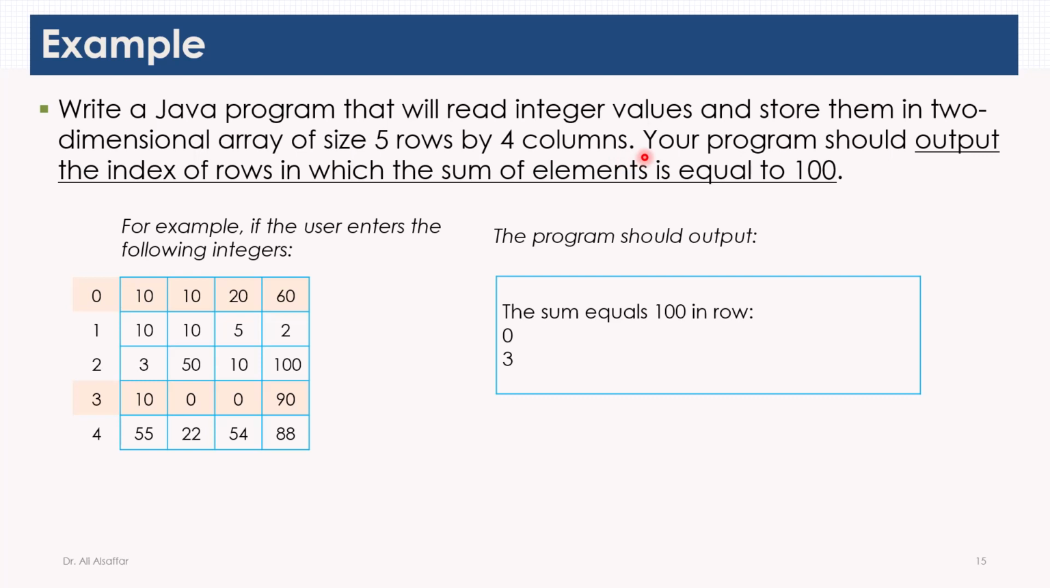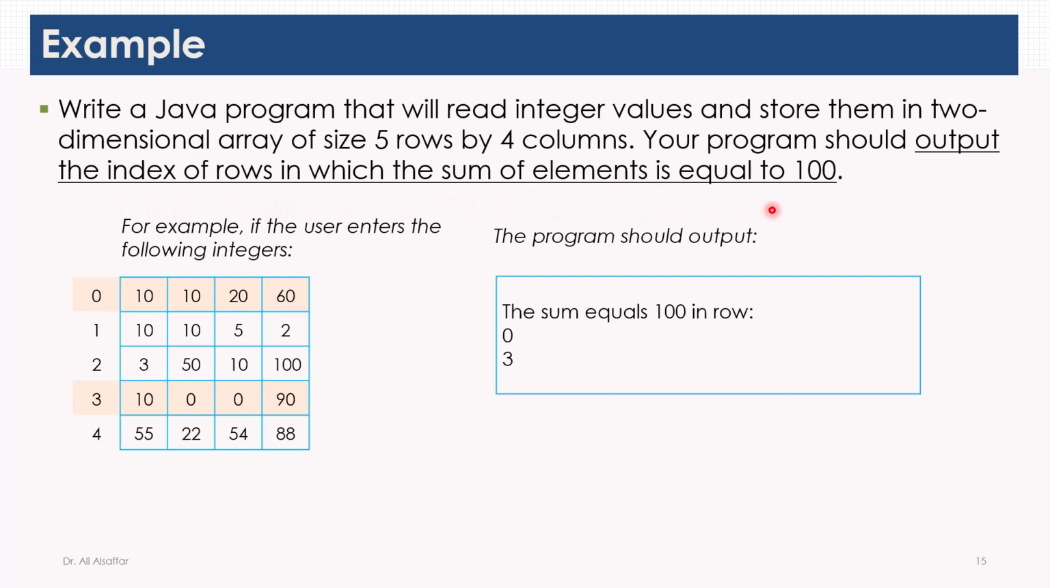And we have already learned how to do that by writing nested loops. We process the array row by row. We read the data from the user as we visit every row. The second part of the question is asking to output the index of rows in which the sum of elements